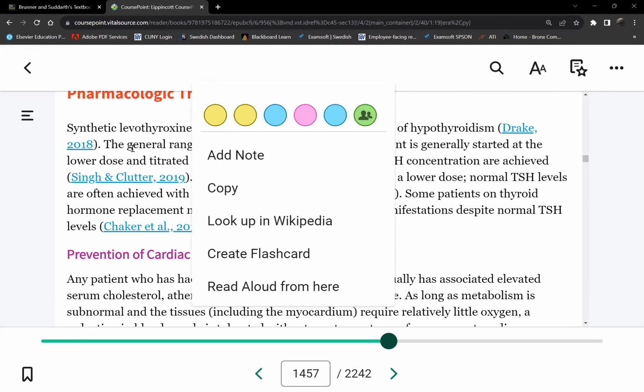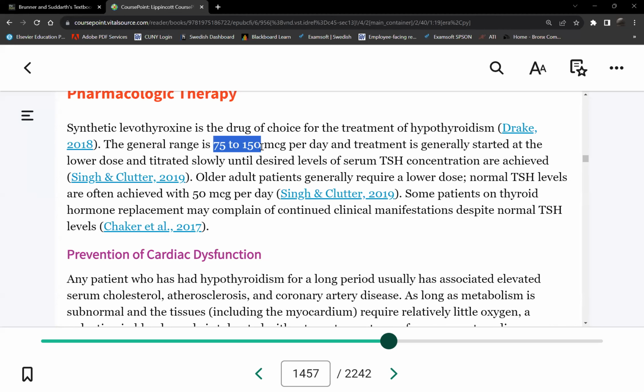It's usually dosed in micrograms, ranging between 75 to 150, but we've seen patients start with 18 micrograms. That's the lowest I've seen. You can go up from 18 to 25 and so on. The dose is based on the patient's TSH and T3, T4 levels. We usually go with a low dose. The older the patient, the lower the dose, but we always start with the lowest dose possible